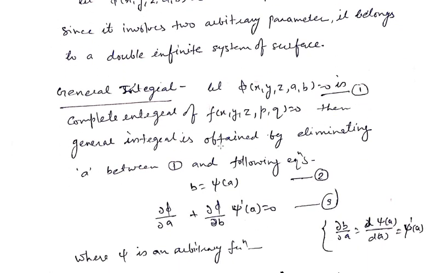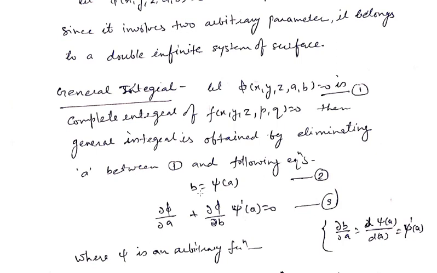The second one is general solution. Suppose phi of x, y, z, a, b equals 0 is a complete integral of a differential equation which is denoted by f of x, y, z, p, q equals 0. Then the general integral of this equation is obtained by eliminating a, any one of the arbitrary constants, and for that we choose b equals psi of a. It means we have to eliminate a from equations 1, 2 and 3, where equation 2 is b equals psi of a and equation 3 is